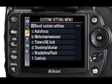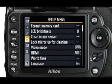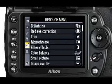You can customize things like the autofocus system, the metering and exposure controls, and many other settings to make them work however you like. The setup menus control things like the date and time, cleaning the image sensor, and formatting the memory card. The retouch menus allow you to make a variety of in-camera adjustments and enhancements to images after